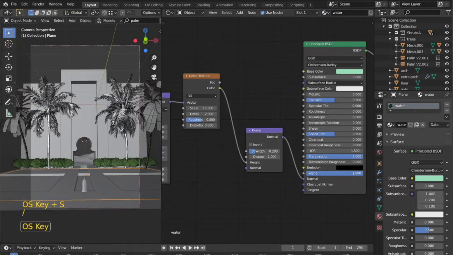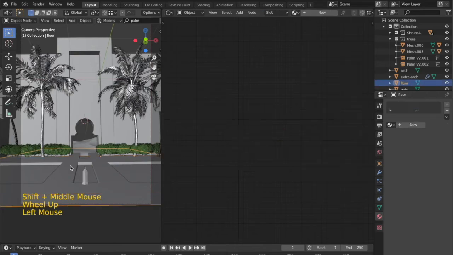So somewhere this color looked good for me. Now I can go into the solid view and bring the whole scene back. So now we have set the water texture, we have set the walls texture and the desert texture as well. The next thing is to set the floor texture.